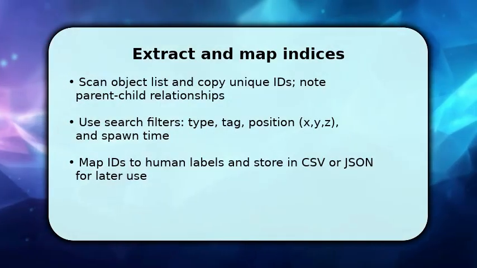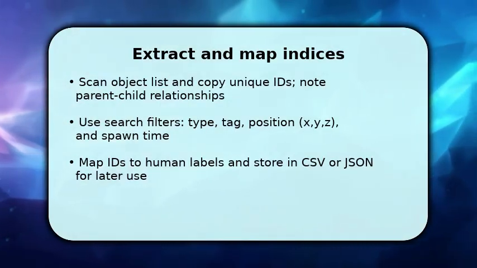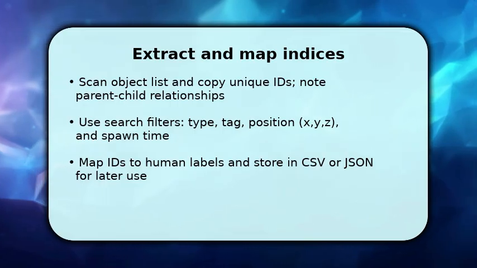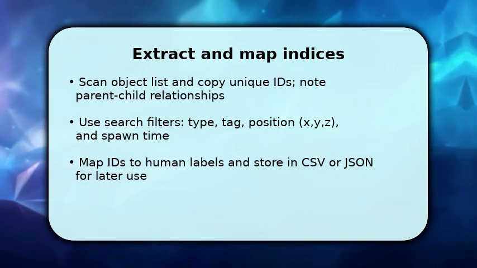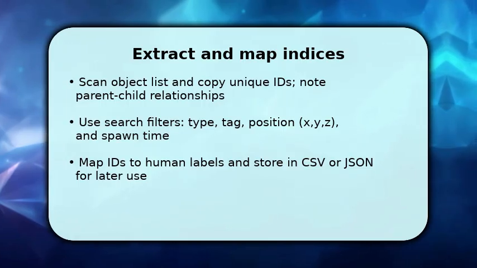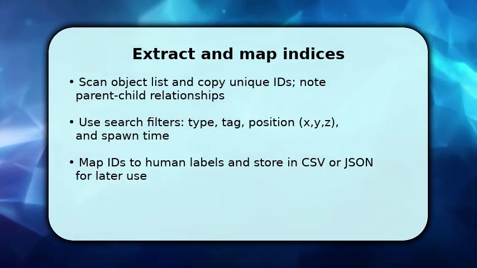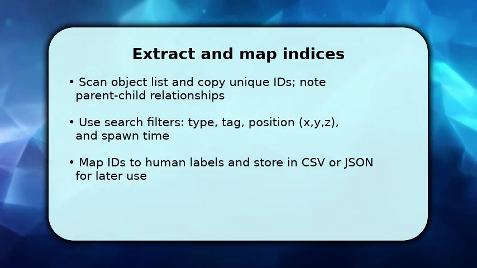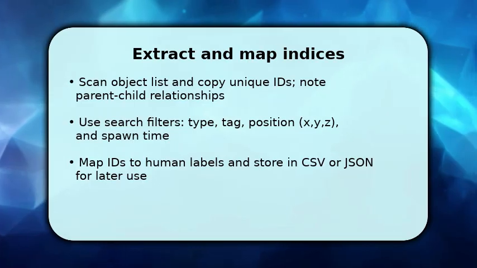You now extract indices by scanning the object list and copying unique ID, paying attention to parent-child relationships so hierarchies stay intact. Then use search filters like type, tag, position X, Y, Z, and spawn time to isolate relevant entries